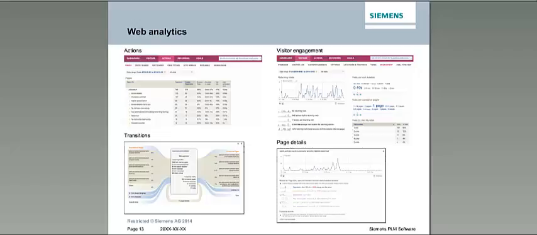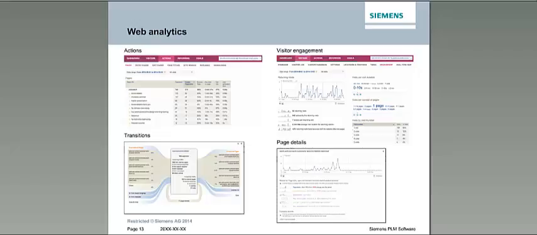Also on the web part, that means the pages. It's a little bit like Google Analytics for the ones that are familiar with this. This is also web analytics on all the pages of the campaign. So you can see what pages are most popular, did receive most visitors, but also on the bottom left we can see, and that's interesting for the campaign follow-up, from what page people come and where they go after